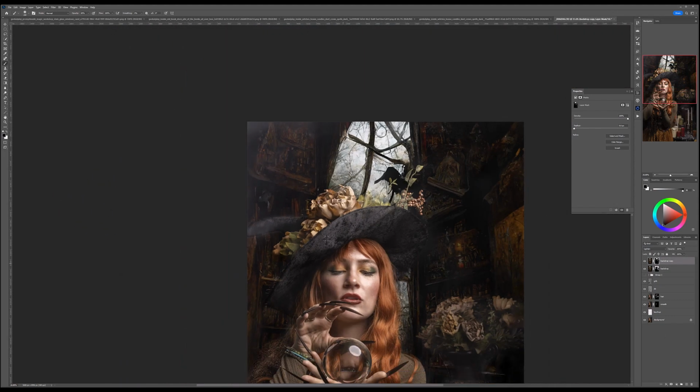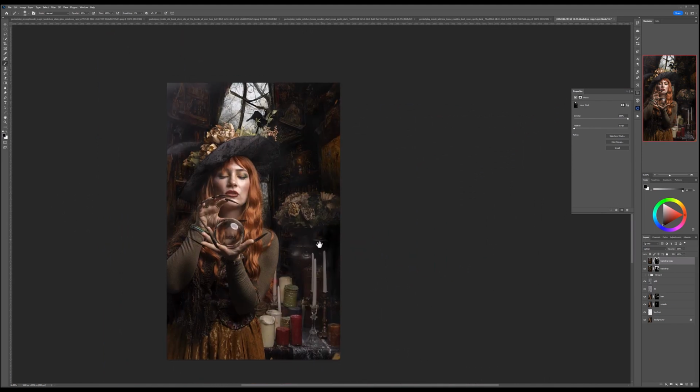Okay, so we applied soft light, we applied light, but we can also apply multiply. So let's see what's happening. And notice we have all these three different modes. Together they will combine and create one same one. However, for us, we don't want the same. We want to create